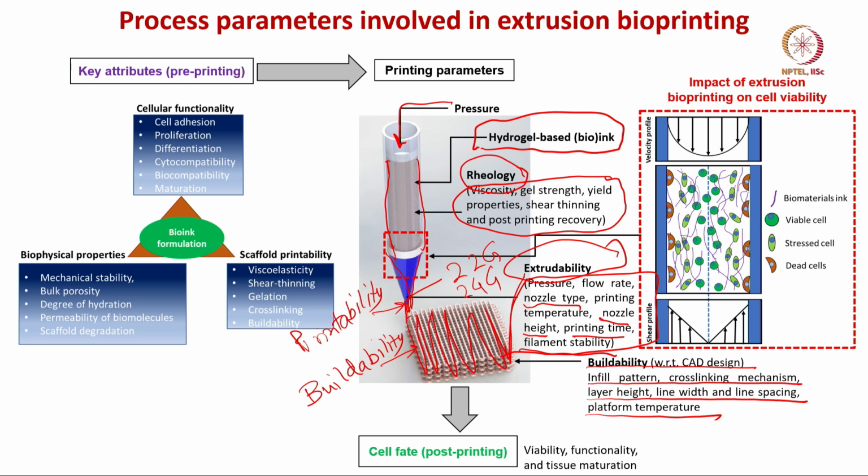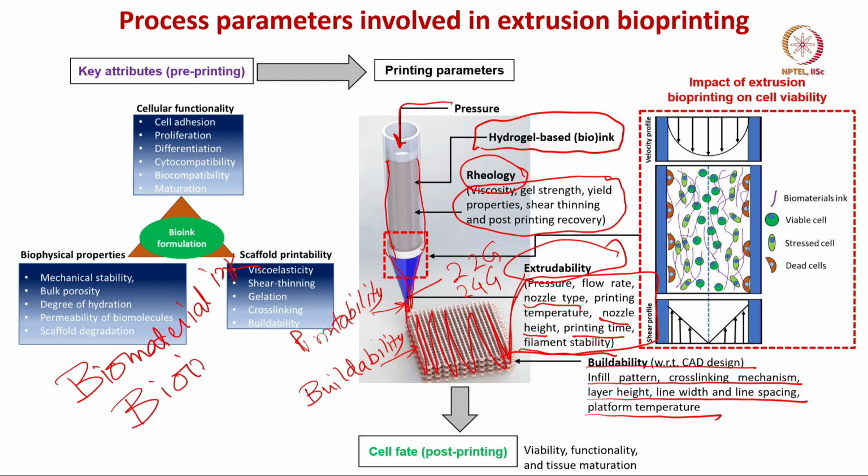Now, this is the generic description of 3D printing or biomaterial printing. Then there is also 3D bioprinting. In one of the earlier lectures, I defined the difference between biomaterial ink and bioink. Let me recapitulate those two definitions. Biomaterial ink essentially means, for example, your hydrogels without any cells. So, we call it a biomaterial ink.